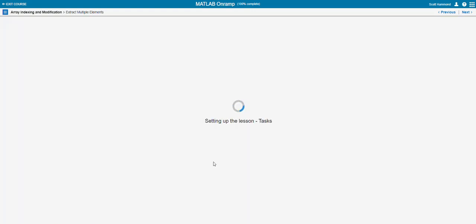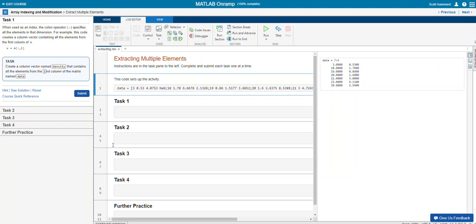So as we proceed on, we're still in the section about arrays. I'll pause while this loads. Okay, we've loaded the next one, and this first task that they want,